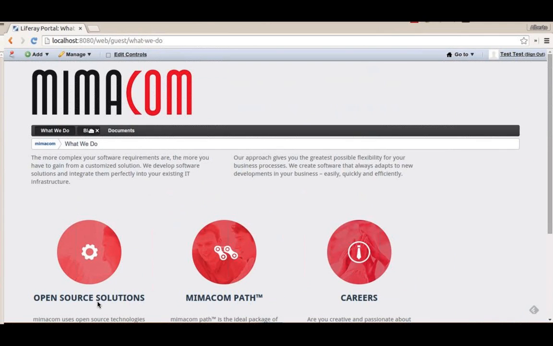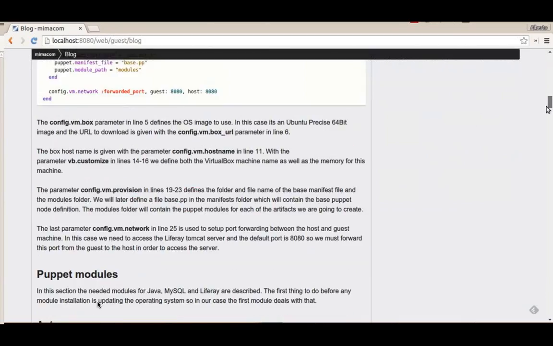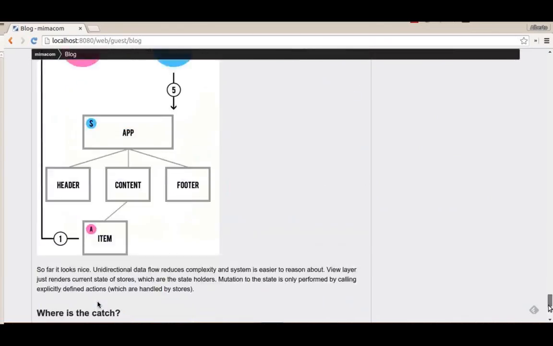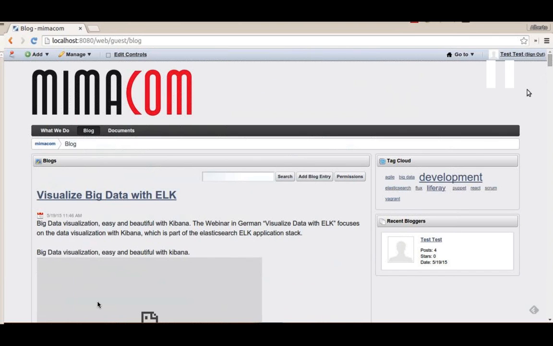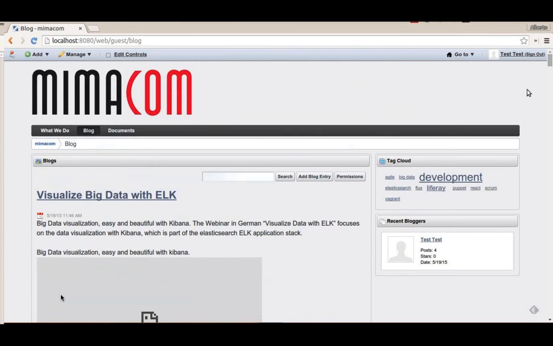And here we go. Here we have our portal with a home page and a blog with some blog entries here. I think that there are 3 or 4 blog entries. You can see that this is the most awesome blog you have ever seen. It's a really, really good one. Yeah, I know. So I have migrated some blog entries from our Mimacom blog,